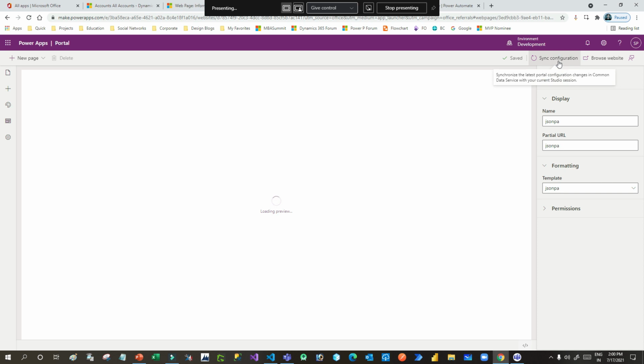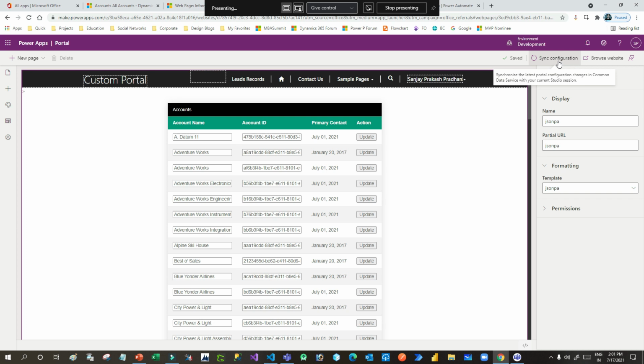Otherwise it will not synchronize the configurations that you have made in the model-driven app inside this Power Portal Studio, and it will also not clear the cache. So once it is done, you have to click on browse website to see if my changes are working fine or not, right? So let us click on browse website. I want to test something.